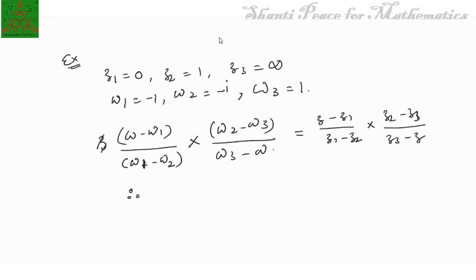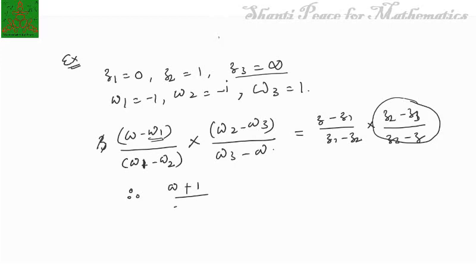Let's try to substitute the value z3 equal to infinity. Because z3 is infinity, we cannot substitute directly; if we did, the expression would be of the form infinity upon infinity. What we have to do is divide by z3 in that expression, and all other things we'll just substitute. So we'll have w plus 1 upon, by substituting w1 is equal to minus 1,